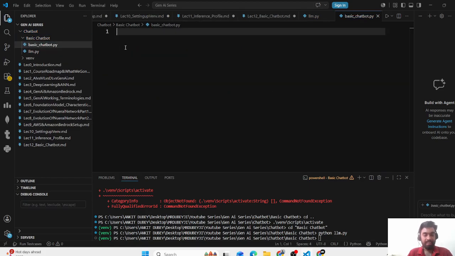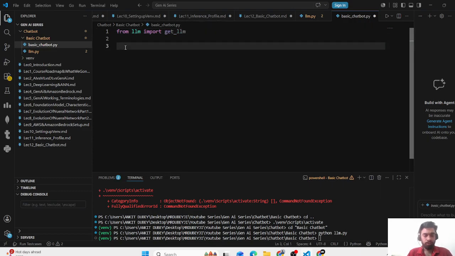So LLM is a module. LLM.py is a module. From that I will import get LLM. So let's create a function. How do we create a function? By writing first the definition, right? So basic